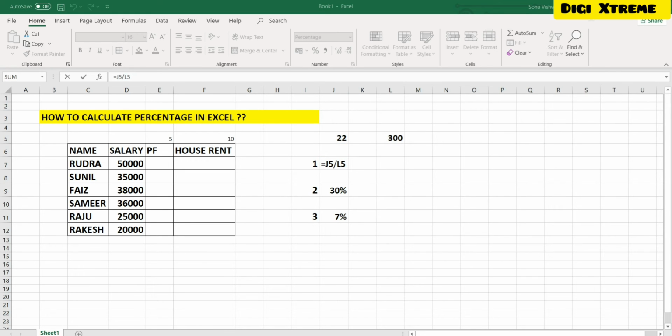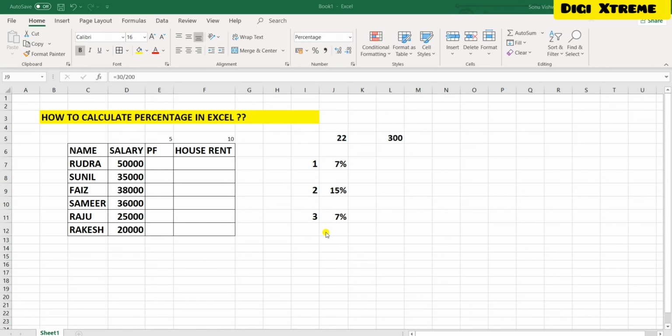So whenever you work on data, always prefer formula. When you make changes, then it will reflect all over the data. And if you want to change here, then you will have to manually type. Have to just make changes, like 30 divided by 200. So it will work like this.